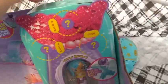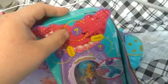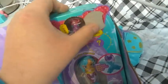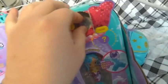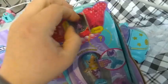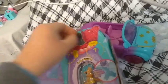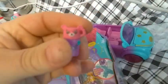So let's go ahead and look to see what's behind our doors. Door number 1 is right in the middle of this cute mermaid tail. It's supposed to be glimmery. It looks like we have a thermos. So this is our thermos and our cup. Remember, we're going on a picnic, so we need this. It's cute. I think it comes apart. So the cup part...